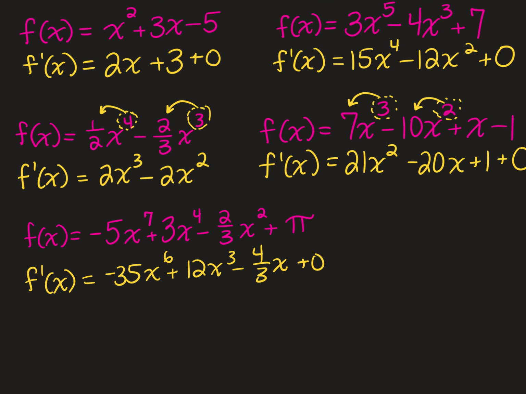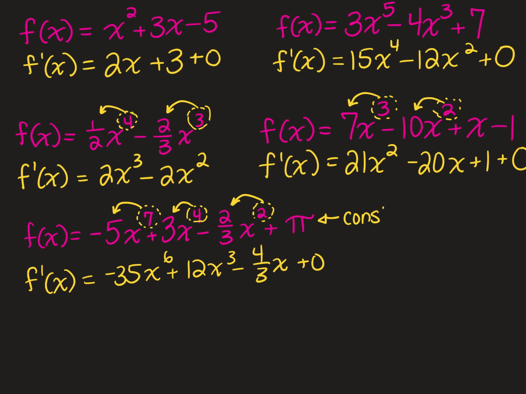So the process is the same, right? We're taking whatever that exponent is, 7, in this case, multiplied by negative 5. That gives me negative 35. And then I take the 7 and reduce 1. I take the 4, multiply it by whatever my coefficient is, which is 3. That gives me 12. And then reduce that power by 1. Take the 2, multiply by negative 2/3, that gives me negative 4/3, reduce that power by 1. And then pi